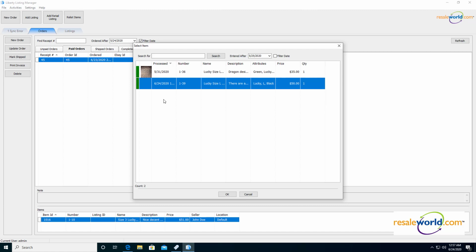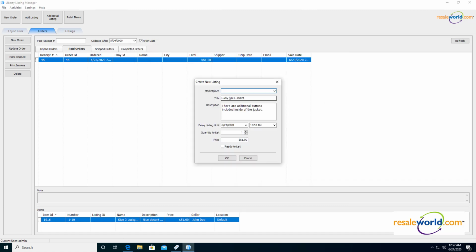Now, one thing to note is if your item entry person forgets to checkmark the web item box, it is not the end of the world. You can use the search field up at the top here to search for items. You can search by title or description, or basically any type of thing you would type into the simple search area, and it will help you find the item in the event that the web item box is not checked during the item entry process. So they just simply double click on the item,